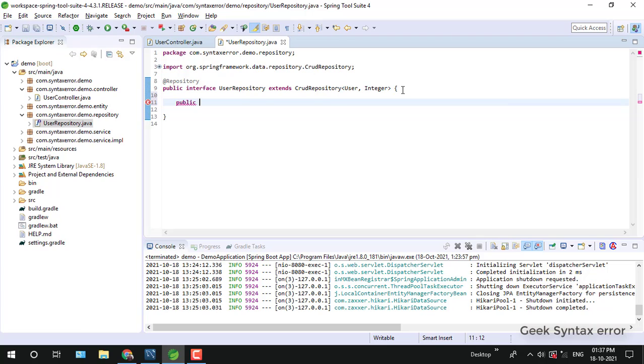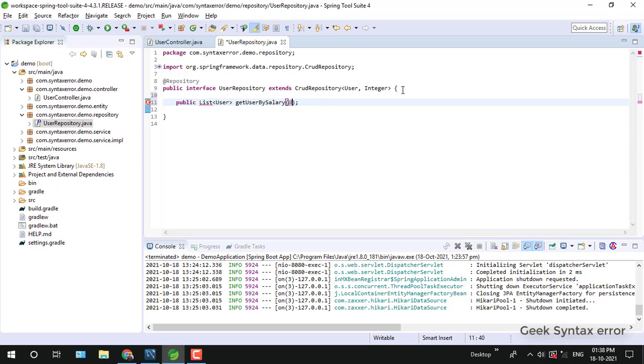We just need to create a method definition in the user repository interface, which will return us the list of users. Get user by salary. For that we need to provide the salary detail, at which we need to get the users whose salary should be greater than the salary we specified.